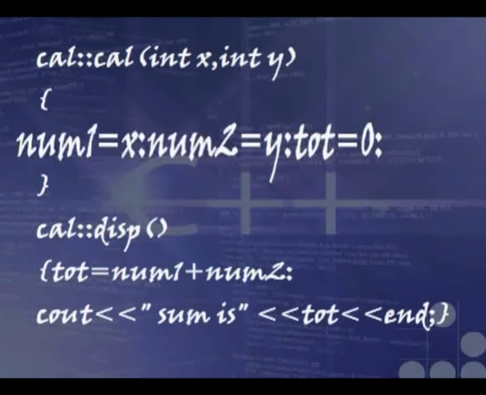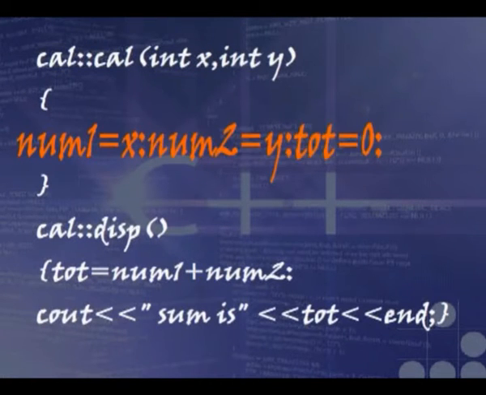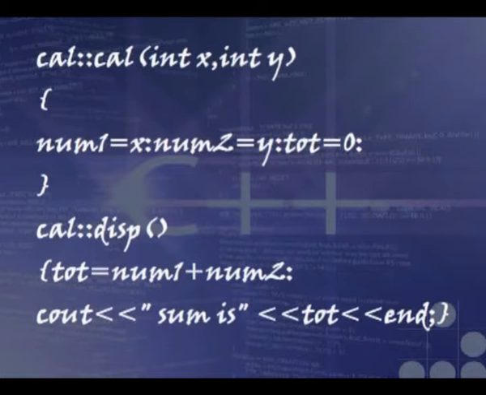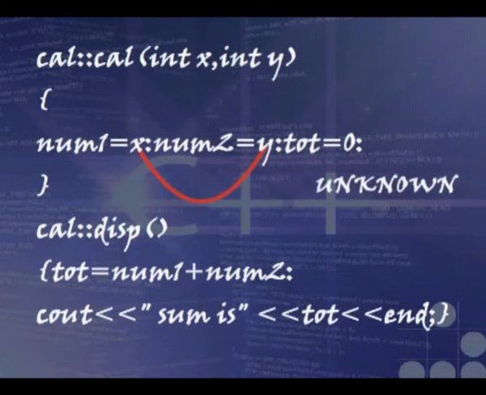Now, what are the values that are initialized? You are assigning this x value to the first variable, the y value to the second variable, and this TOT you are assigning to 0. So, this x and y's values are not known during program compilation. These are the 2 values that will be given by the user later. Whenever during the execution the user gives these values, they will simply be copied to these integer variables.